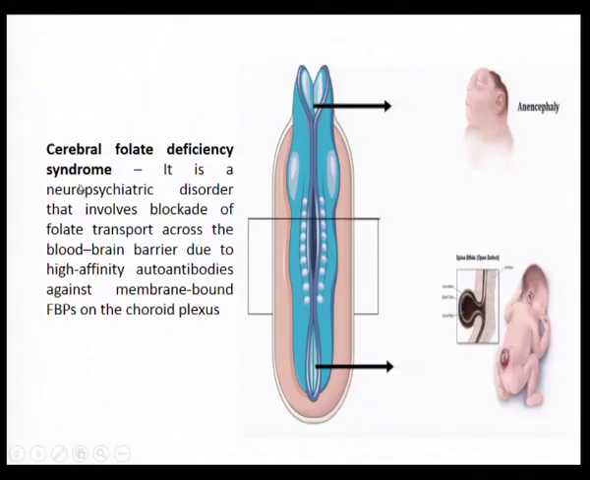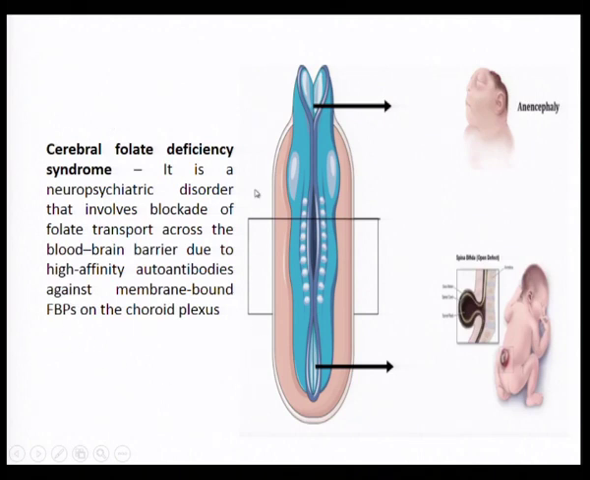So, you see over there, there is one more condition, what we call cerebral folate deficiency syndrome. This is a neuropsychiatric syndrome that involves the blockade of folate transport across the blood brain barrier due to high affinity autoantibodies against membrane bound folate binding proteins on the choroid plexus. Okay, so, you see there